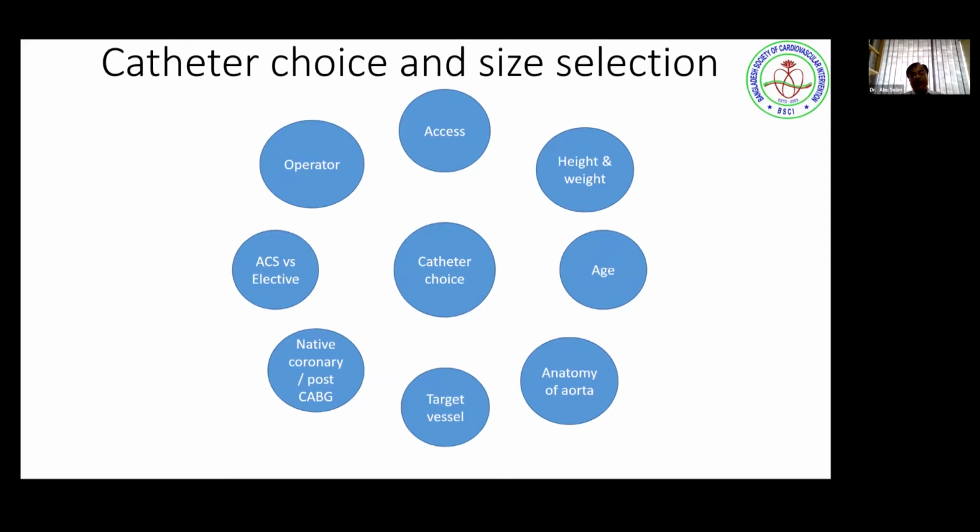Otherwise, in Bangladesh we commonly practice 3.5. Another thing you can know from before is whether it is native or post-CABG. If it's a post-CABG, we can decide in our mind which catheter we should take first